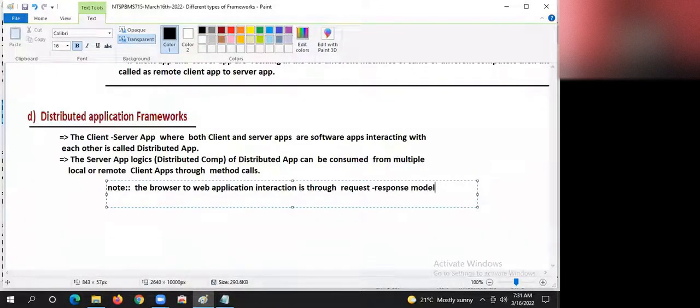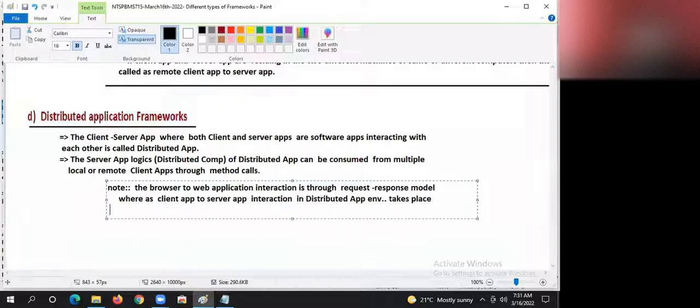Browser gives a request, website gives a response. Whereas the client application to server application interaction in a distributed application environment takes place through method calls.